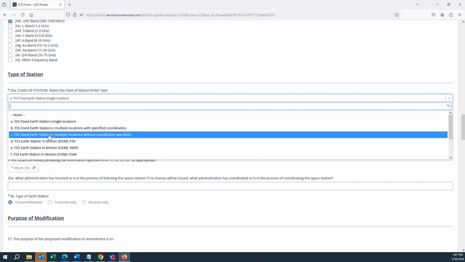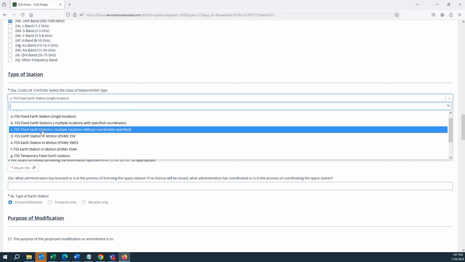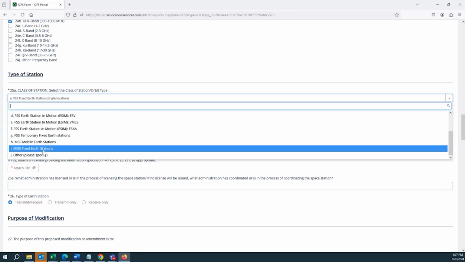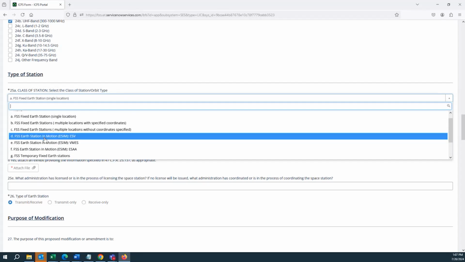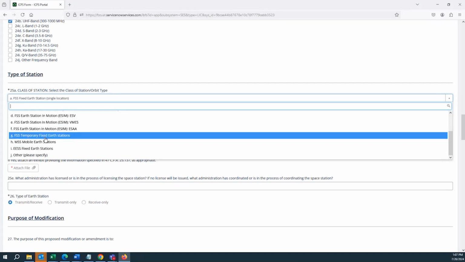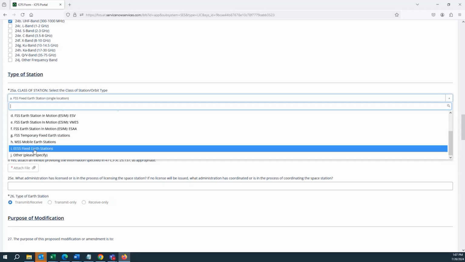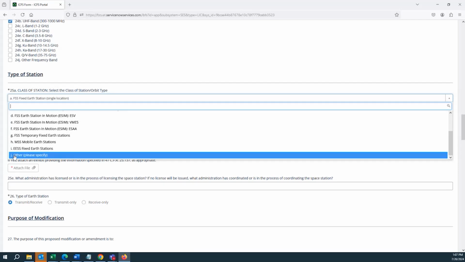If you select any of these options, C through I, then you do not have to fill out these location portions, either because it's an Earth station in motion, or because it's a temporary fixed Earth station, etc. If you select J other, those sections are going to appear for you, but they're going to be